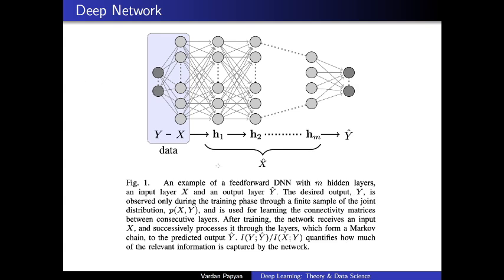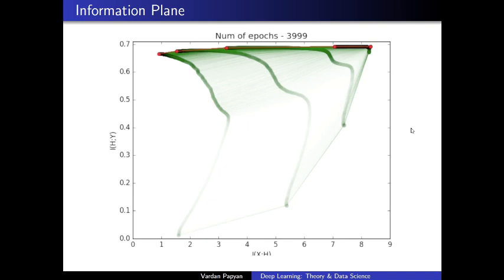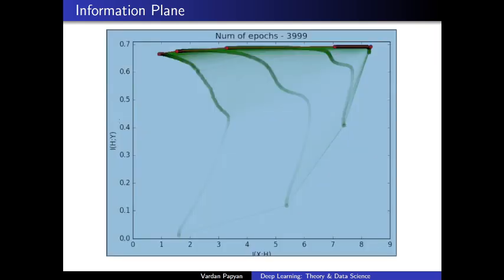Okay, you can see this is a network. This is x, the data, this is y, the true label, this is y hat, the predicted label, and these are h1 to hm, which we call hidden layers. It's very important to note what this is. It is the mutual information between x and h, where h is the hidden layer, and the mutual information between h and y. It means that